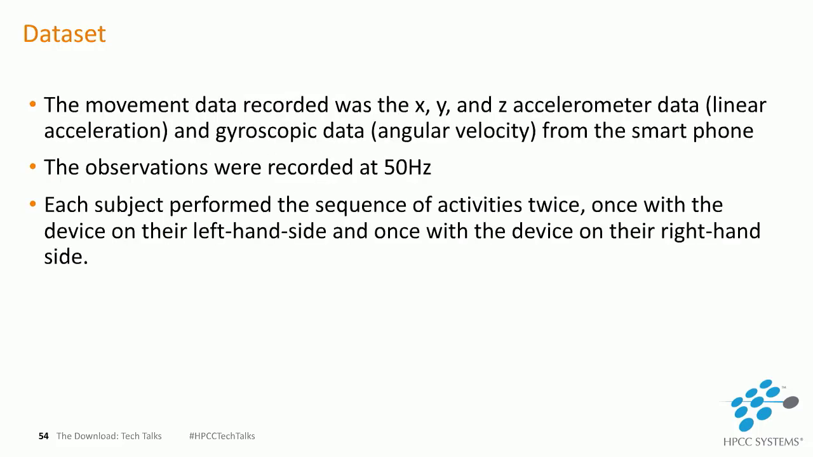The data set essentially consists of the XYZ axis of the accelerometer data. This could be the linear acceleration as well as the angular velocity, that is the gyroscopic data. Just for your information, this was recorded at a